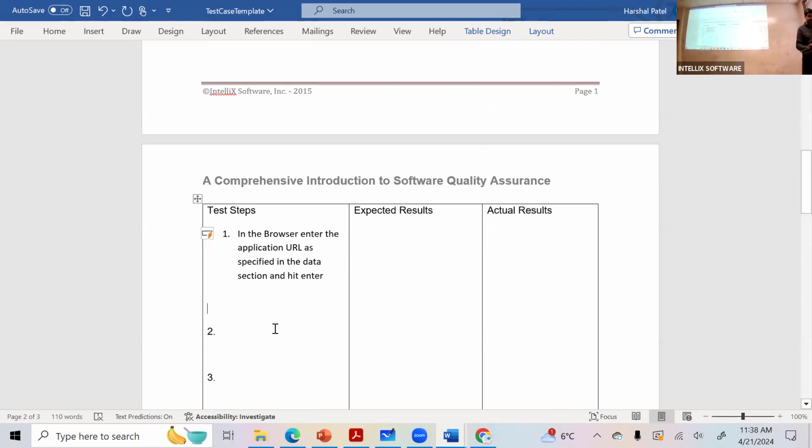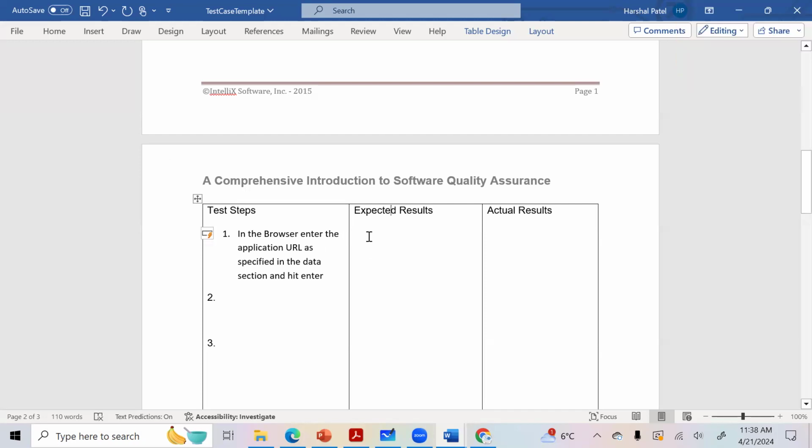So what is going to happen when I do that? For every step, when you do some action, the system is going to do something for you, right? So if I typed Amazon.com and hit enter, what did it do? It opens that page. Open the application. So my expected results for this one,